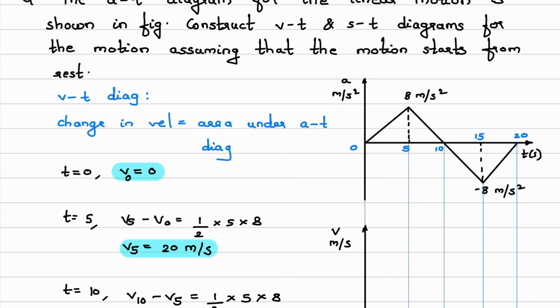And the last part, if you see this one, here again acceleration is dv by dt. The acceleration value is decreasing, from -8 it is going to 0. Acceleration is decreasing, so the slope should decrease, and the acceleration value is negative, so the slope should decrease in the negative direction. So what will be the nature of the curve? It will be like this. So we'll draw the total curve now.